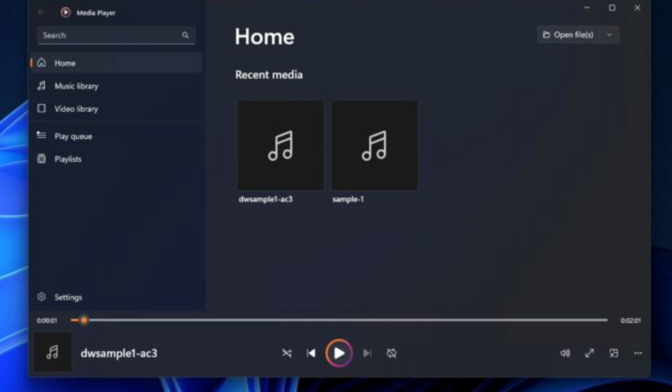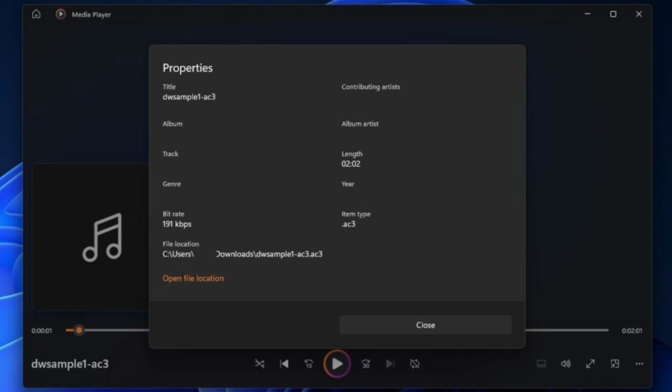Third-party media players. Media players like MPV Player are popular alternatives that offer built-in support for a wider range of audio codecs, including Dolby Digital. This can be a good option for users who prefer more feature-rich media players or those who need broader codec